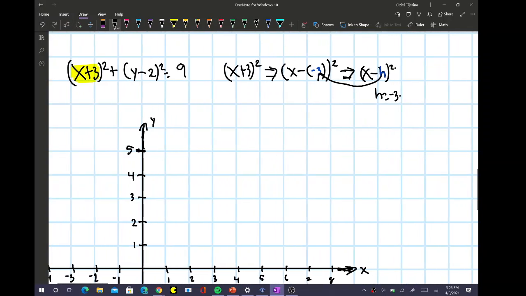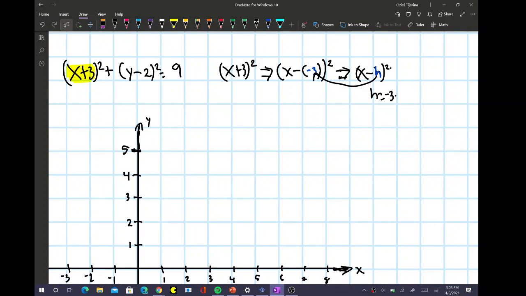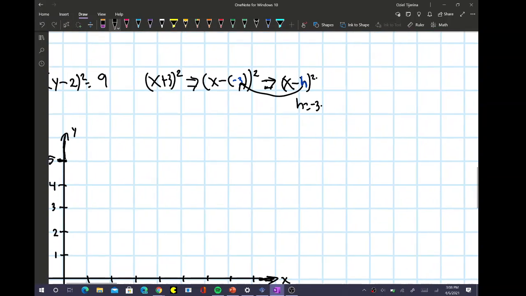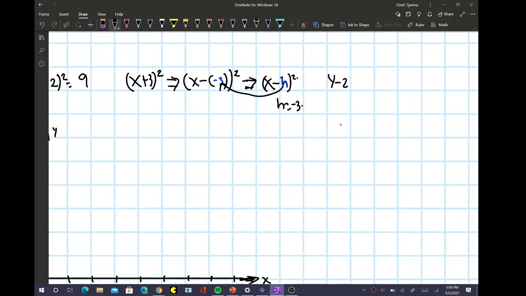Now for our k value, it's y minus 2 squared, which is equal to y minus k squared. And obviously it's already negative, so for this one,